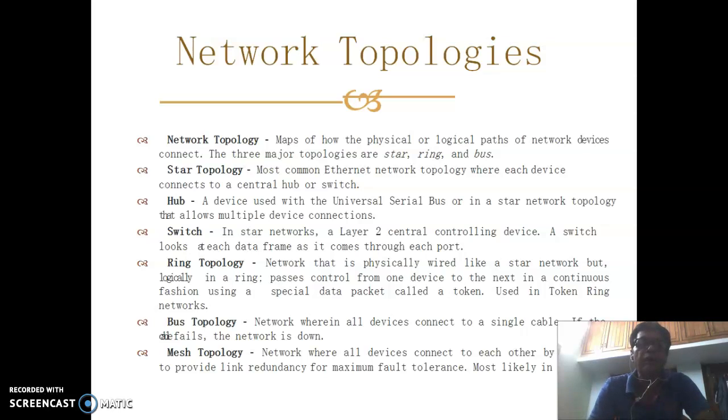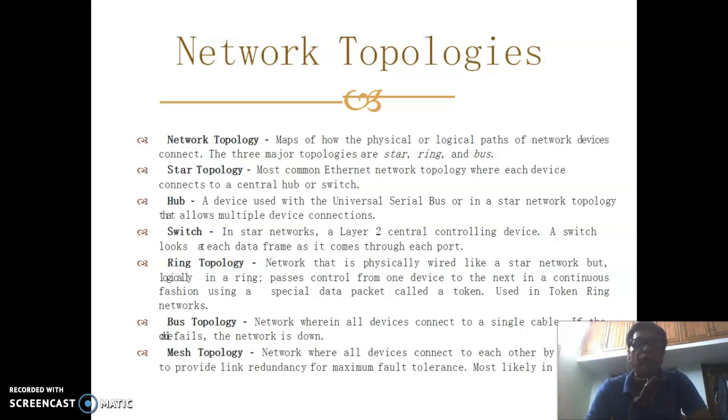Then hub: a device used in a star network topology that allows multiple device connections. The switch: in a star network, a layer 2 central controlling device.